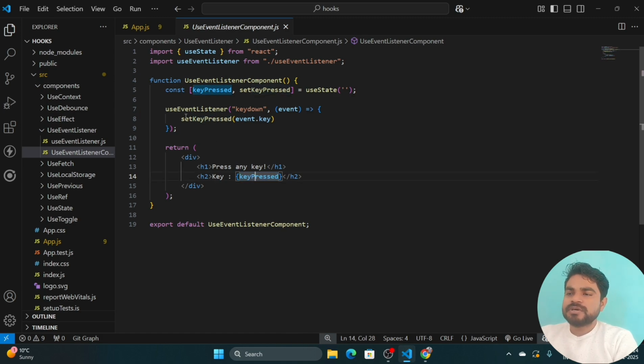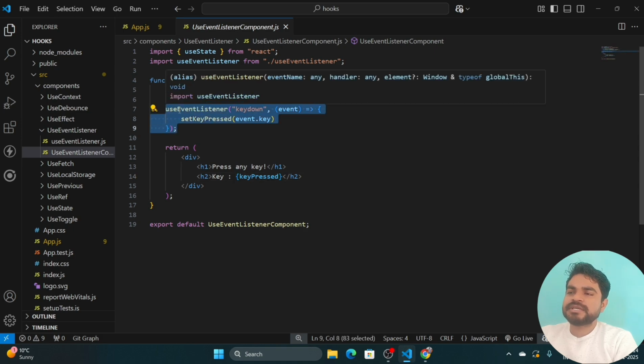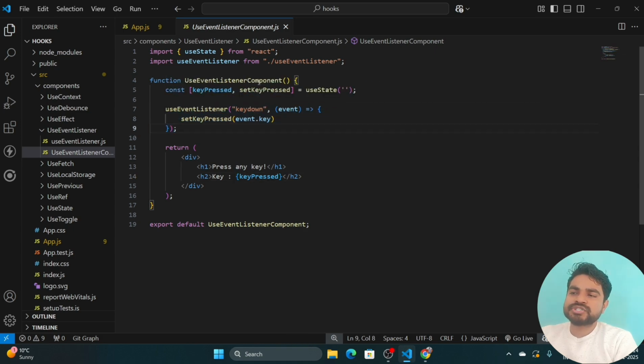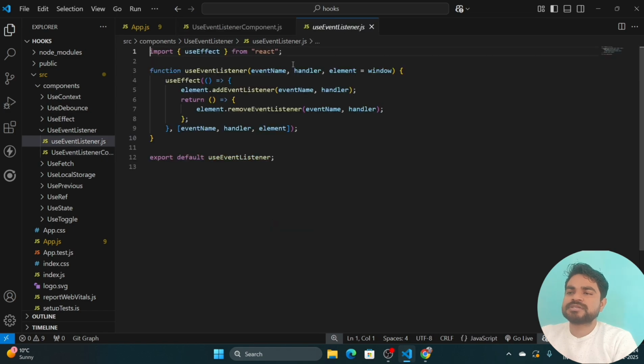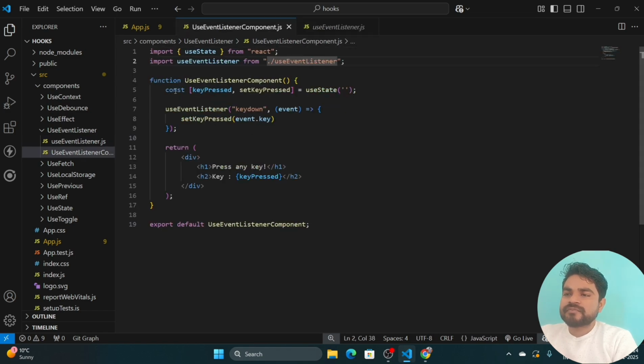The second thing I did was call the custom hook. Let's go to the custom hook. What we call gives us two things. First, key down, which tells us whether the key is pressed down or not, so it captures the key changes.